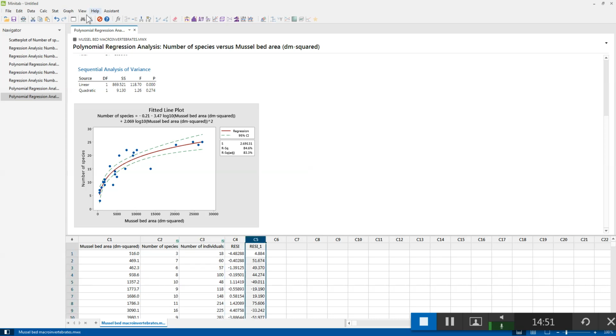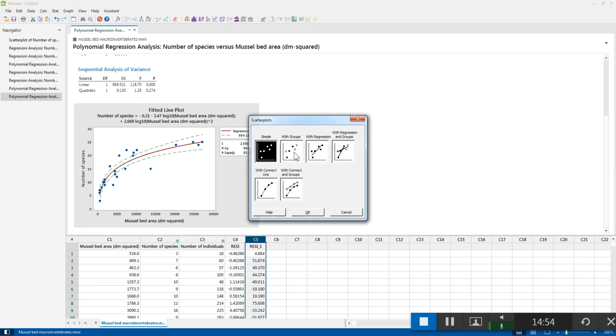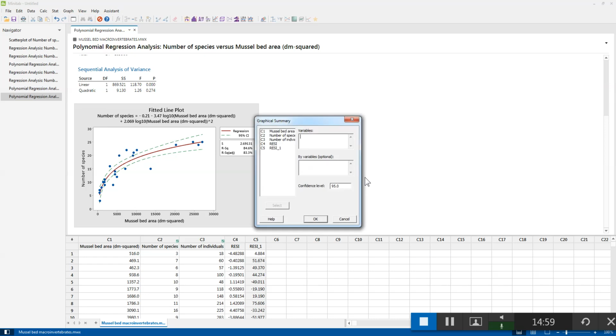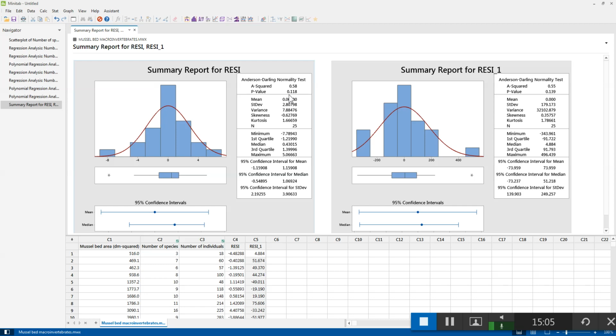We've got all these residuals here as well. Don't forget we need to check the assumptions of our regression, that we've got no evidence of non-normal residuals. So let's just check those. And both p-values for my Anderson-Darling test are above 0.05. Notice my sample size is still quite small, so I'm very dependent on normality, or no evidence of non-normality, of my residuals. If the sample size starts shooting up a lot higher, at the sort of 50, 60 sample size, then we can become far less dependent on